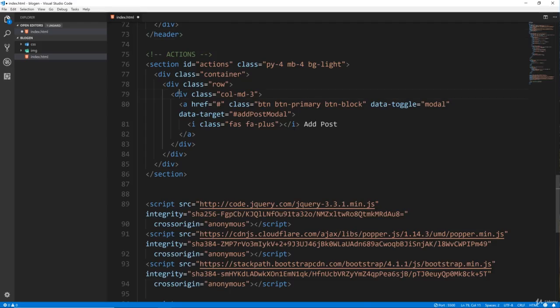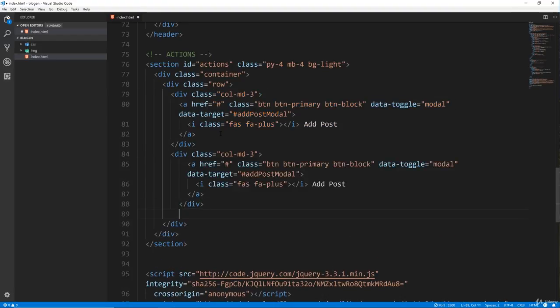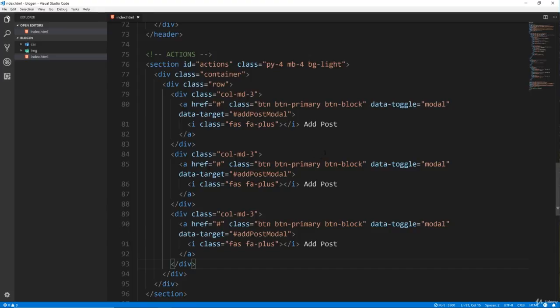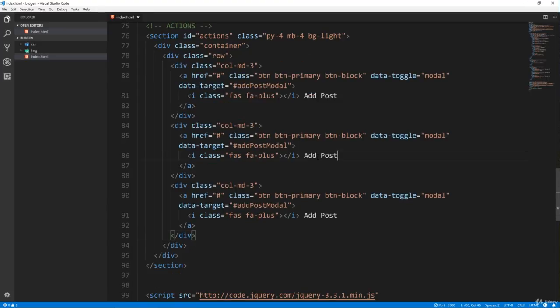We're going to have 3 of these, so let's copy this col-md-3 and paste in 2 more. And the second one here is going to be add category. Now in this theme, basically we're going to have post, categories and user resources, and posts will be blue, the primary. Category I want to be green, so I'm going to do success here. And then users, so we'll say add user. These are going to be yellow, so let's say warning,